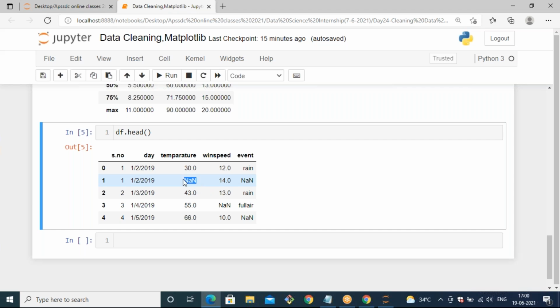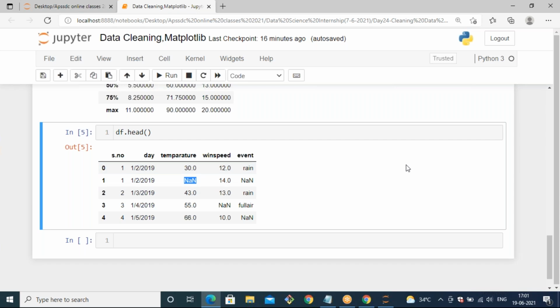In that case, when you take this data, whatever the empty values are, they are going to be replaced with NaN values. NaN means not a number. So how it is generated: in the data set, that particular cell is empty. When you load that data, it automatically loads those empty cells as NaN values. Otherwise, we can also place NaN values by using NumPy. np.nan will give you a NaN value, not a number value. We are going to see how to handle these NaN values.